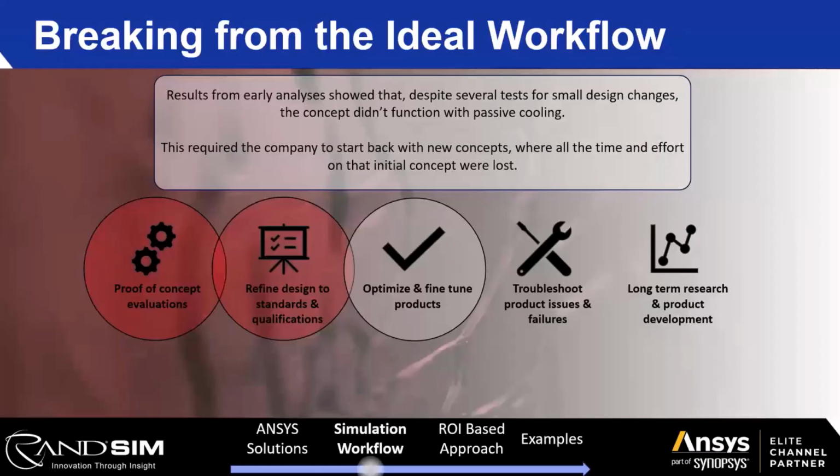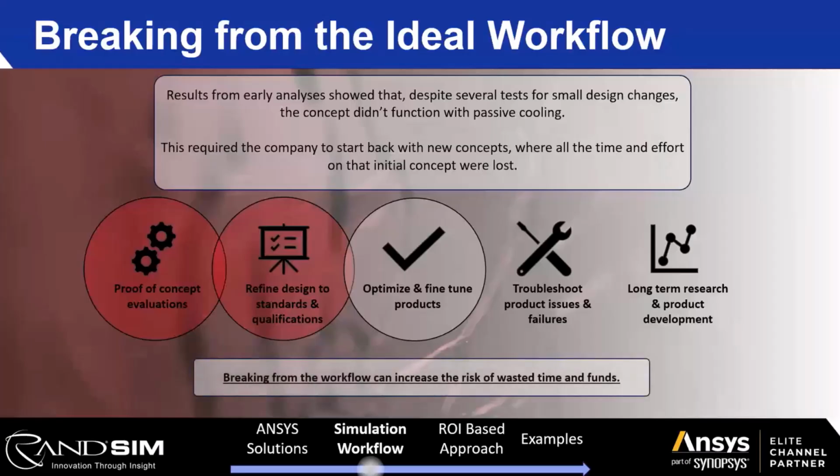And a lot of other things that they could have started to test out in those coarser simulations would have led to a large funding save, as opposed to going through that full design process, only to have to start back at square one with an unfortunate learning that could have been done in a much less expensive manner, right? And so really what I'm trying to get at from this is that in this ideal workflow,